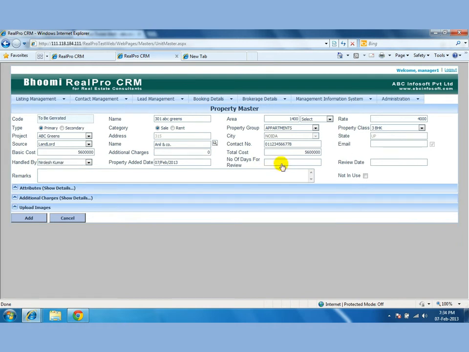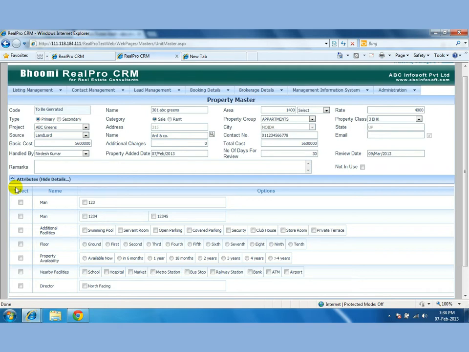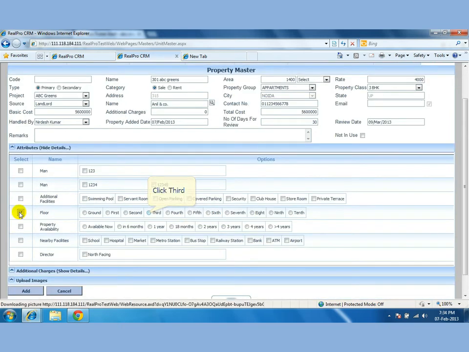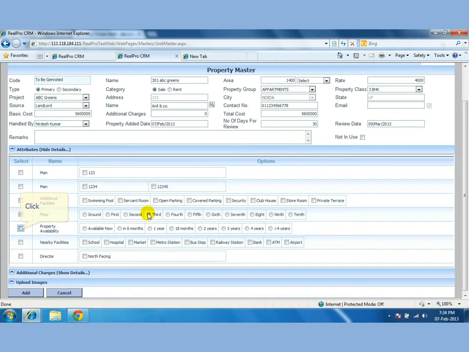Property ID date would be there by default. Number of days for review. Again, I can choose the number of days. Now, here we also have an option to mark the attributes. We can define these attributes ourselves, all those attributes which are related to the property, which will help us identify the property when I'm listing it or when I'm shortlisting them, when I'm trying to provide filter on them.